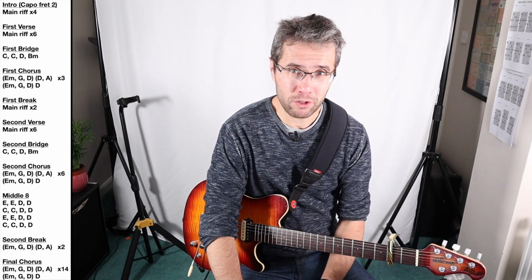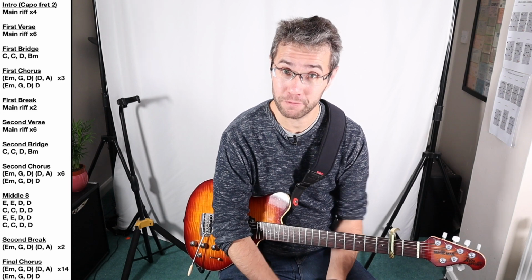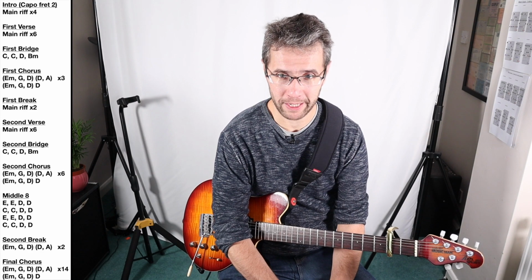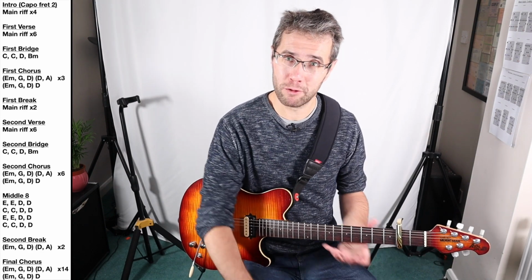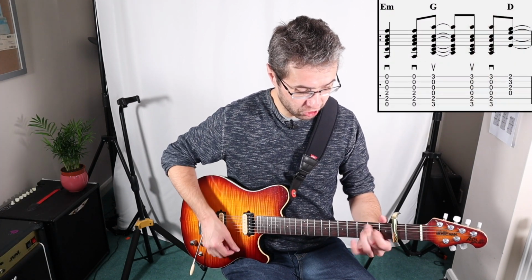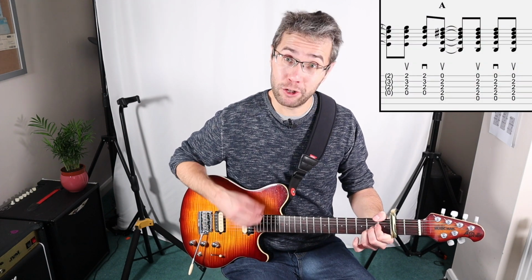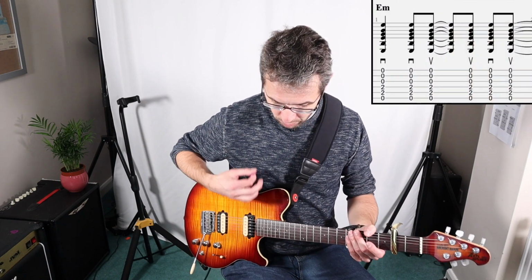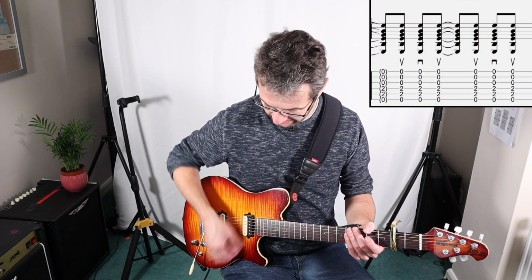Cool. So if you watched the last video, which is Man on the Moon by REM, we went through what we call strumming pattern 5, okay? And this is what we'll be using for the chorus, which is a brilliant strumming pattern. And this is what the chorus is going to sound like. Basically this 2-bar riff that's repeated quite a lot is E minor to G to D to A, and it uses strumming pattern 5. So if we just break down strumming pattern 5, that goes down, down, up, up, down, up, up, down, up,